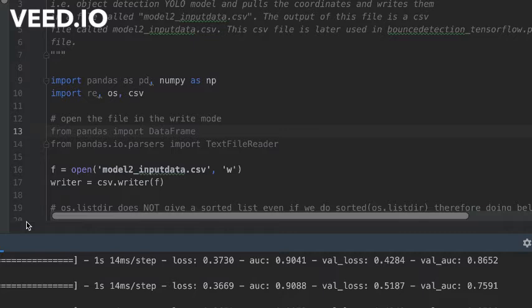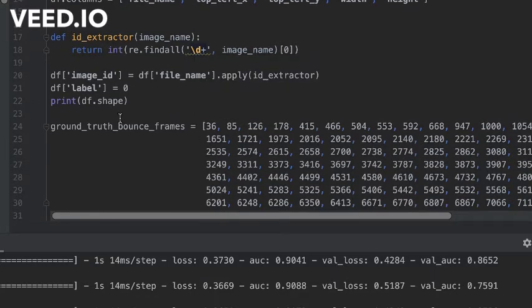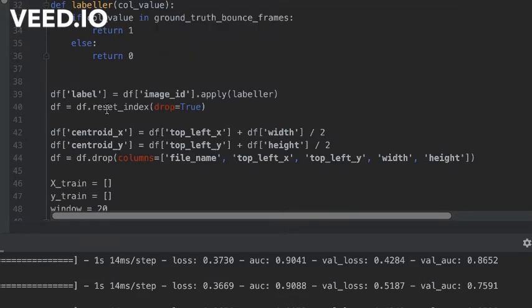So this code takes in those text files, processes them, and puts them together into one single CSV file and extracts the centroid data from the four coordinates. Thereafter, the one CSV file which is created goes into this particular piece of code, which is model 2 data pre-processing. The ground truth labels are appended there, and